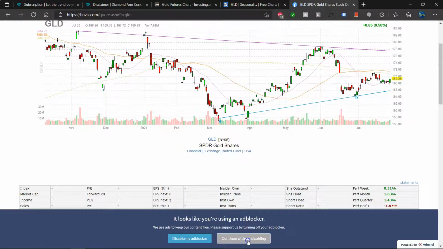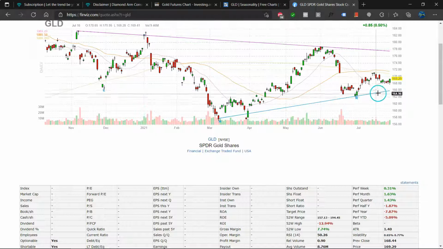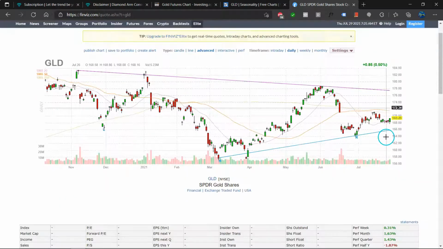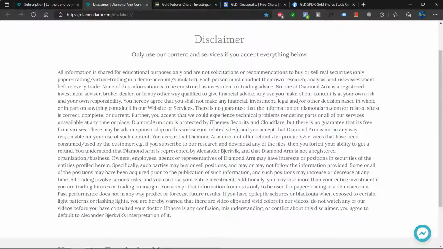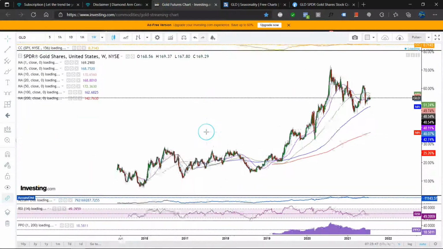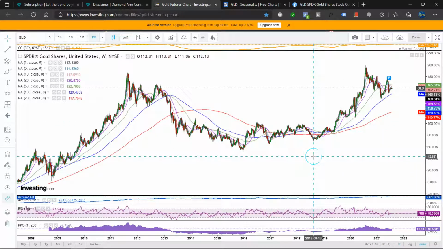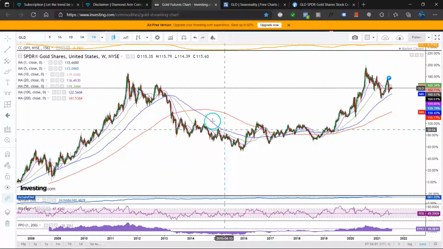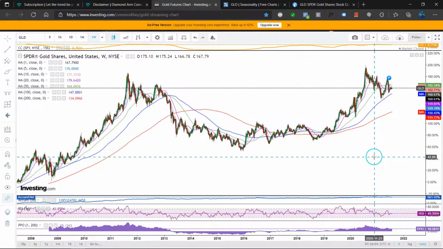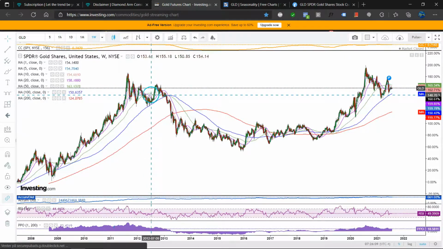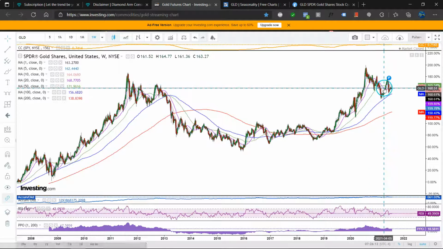When we go here to Finviz and look at the trend lines, we do have this trend line support, and we do have some resistance up here. But to put all the evidence together, I think that the pullback we have seen in gold is not a huge disaster as far as the long-term bullish thesis goes. The cup and handle pattern was talked about a lot, even during the formation here of this rounding bottom. We do see that mirror effect between what happened in 2011-2012 and what we see now.